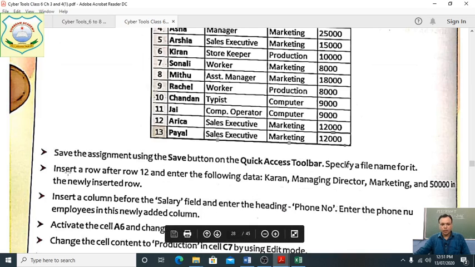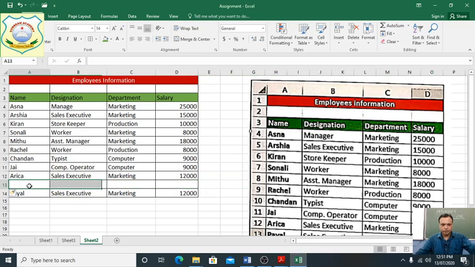It says insert after row 12 and enter the following data: Karan, managing director, marketing. Okay. Now we will write Karan, and he has the designation managing director.